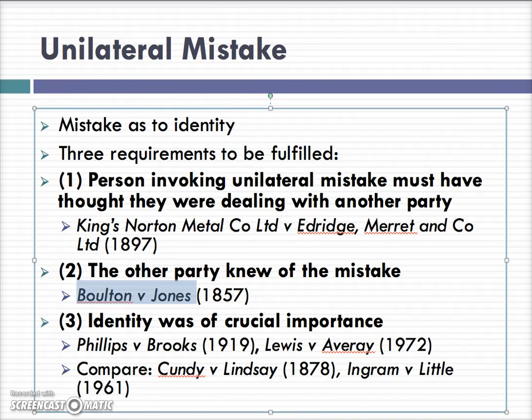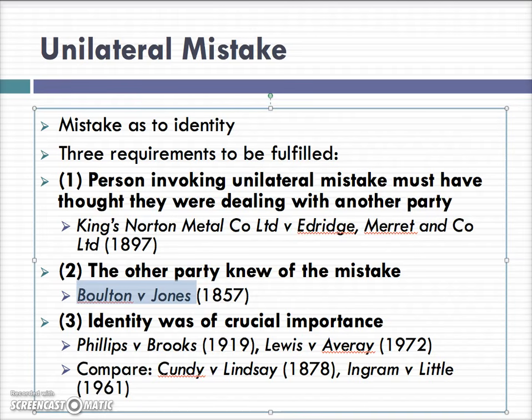In other words, the jeweler was not so much concerned with whether he was dealing with George Bollow. What he was really concerned with was that he was dealing with a person of means. That was the important thing. The test here is to ask whether the jeweler would have sold the ring only to George Bollow to the exclusion of anyone else. And of course the answer is no. In fact, the jeweler would have sold the ring to anyone he thought was wealthy enough to be good for their payment. As a result, the jeweler was not able to recover the ring from the innocent third party.